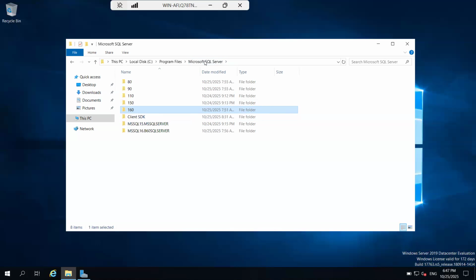Which folder belongs to 2019 here? In the 150 numbering folders. Okay, 150. So when you install SQL 2019, during that you will also get 80, 90, 110 folders,